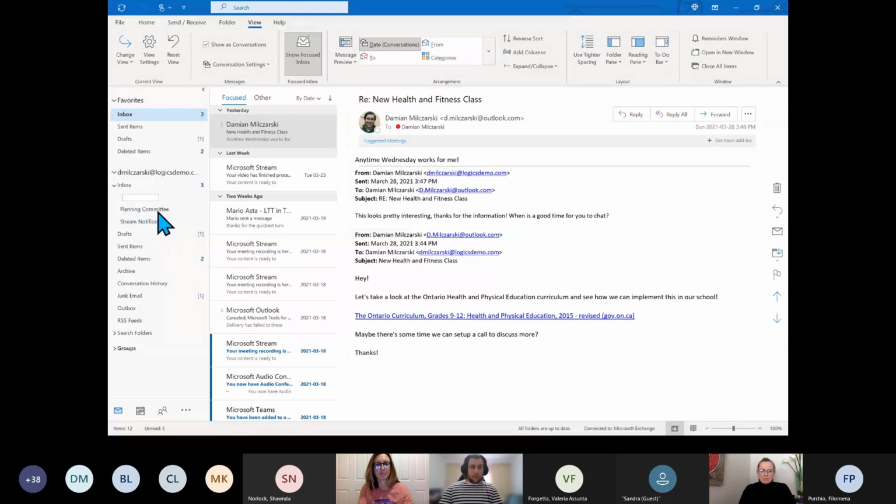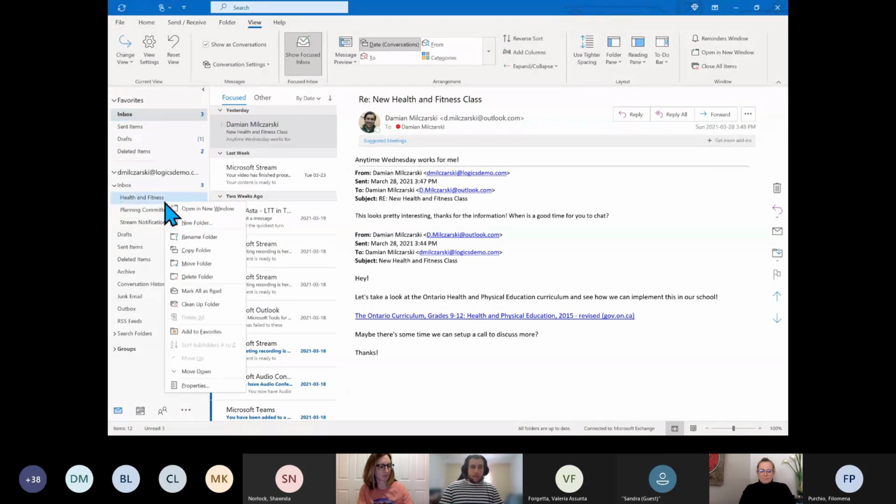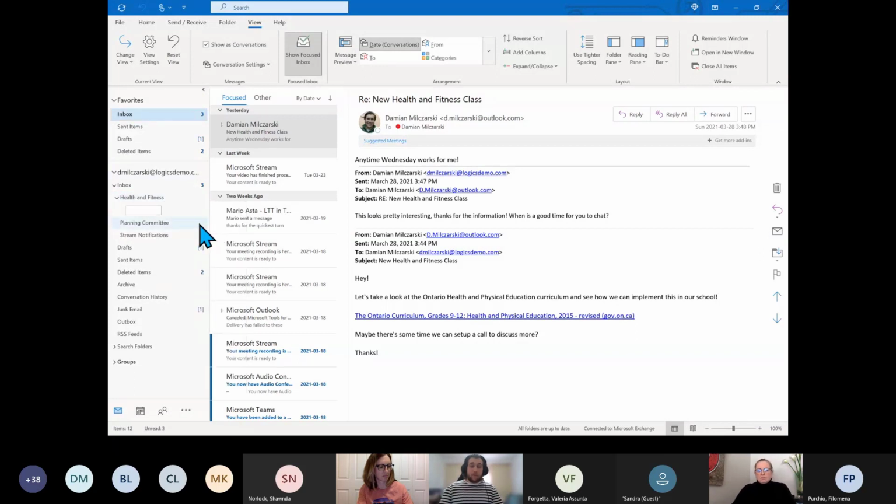So, let's say I wanted to make something for the health and fitness course that I'm planning to create. I'm able to very easily navigate that. I can then right-click on that again and create a subfolder. So I'm able to create folders within folders in order to organize my Outlook a little bit better. Now, bear in mind, however, let's actually finish making this subfolder. And let's just do